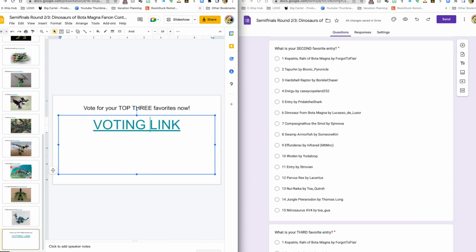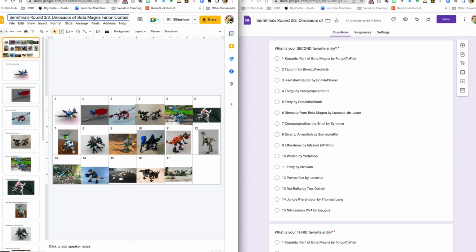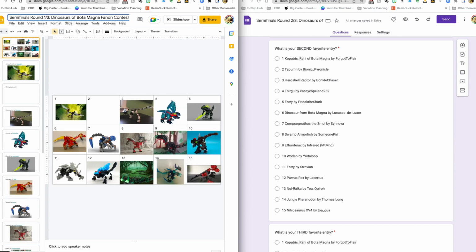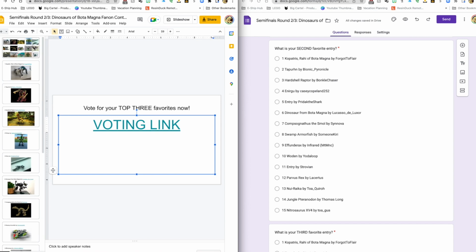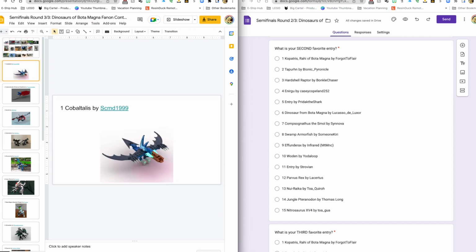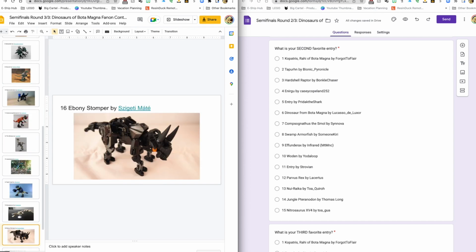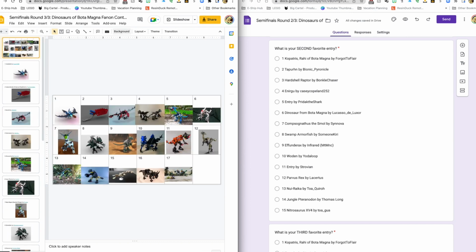Of course, I really do recommend that you try to vote throughout all 3 rounds of semifinals because there are a lot of fantastic models here. 15 models for round 1, 15 for round 2, which you can see at the top here, and finally 17 for round 3, bringing us to a whopping total of 47 different small entries just over the course of half a month, which is really impressive. Thank you all so much for everyone who submitted, and I can't wait to see who proceeds on to the